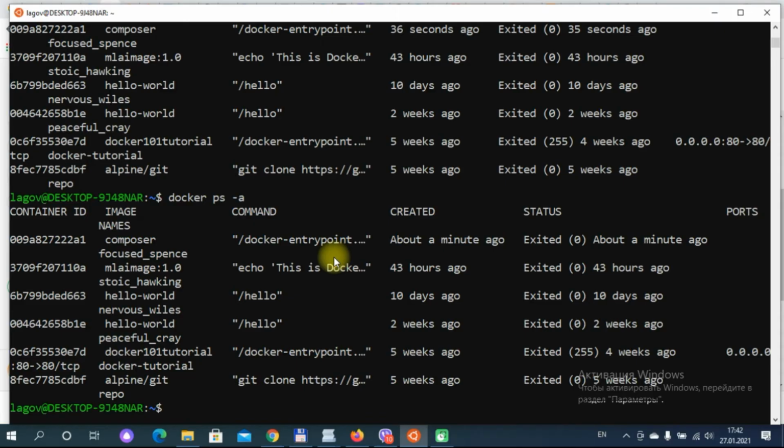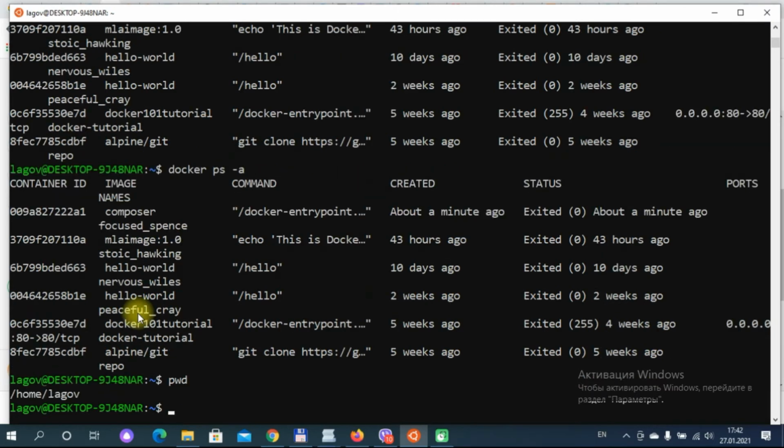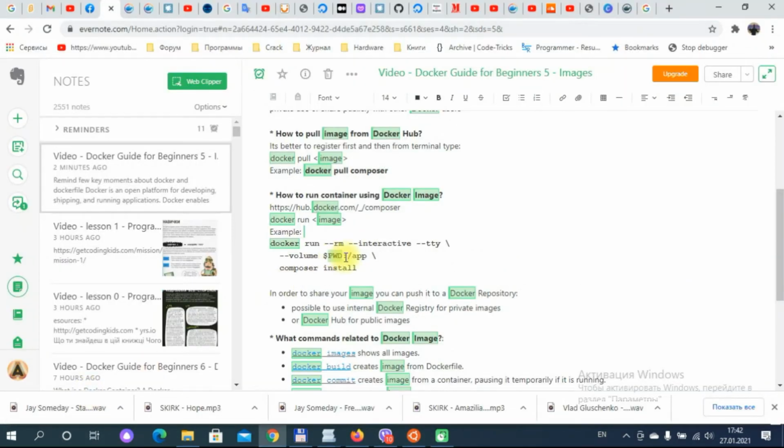Let me check. And connect the home and this folder with the application inside the container. Okay, now we understood this part, and we are ready to go forward